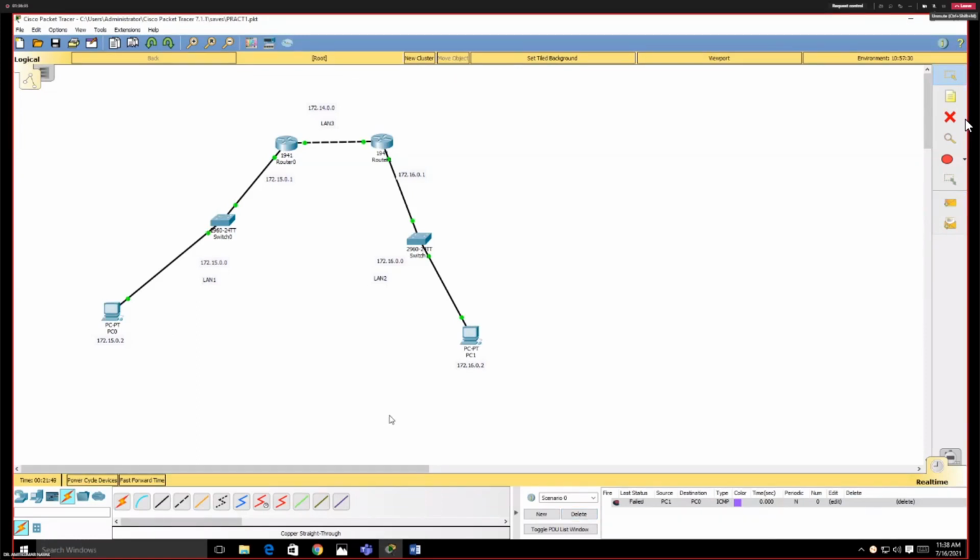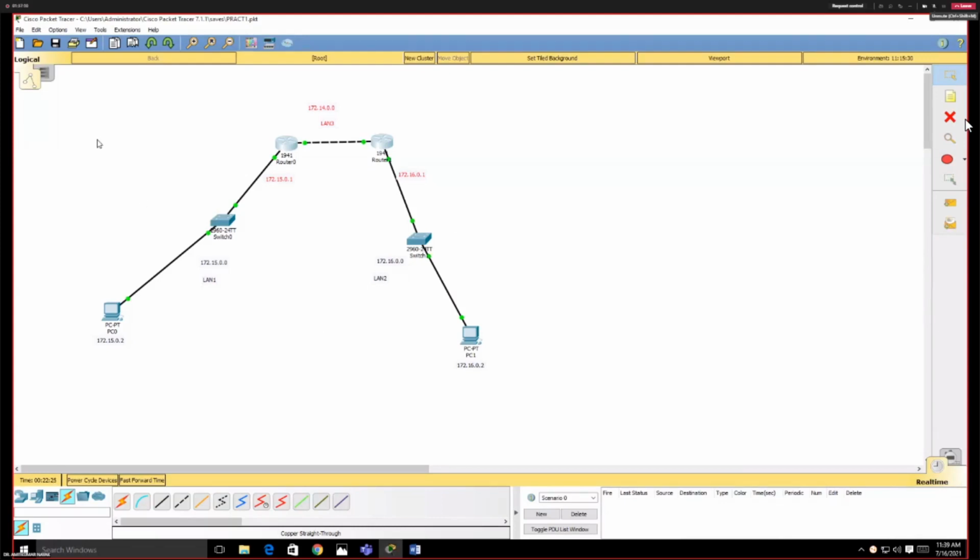Previously, we were having only one router, so we could send data from LAN 1 to LAN 2 and LAN 2 to LAN 1. I have already shown you. But in this topology now 2 routers are there, so you cannot directly send data. You will continuously get error messages, failed, and failed. So there is some configuration required in these 2 routers, without which you cannot send and receive data, and we will discuss the configuration in the next lab.